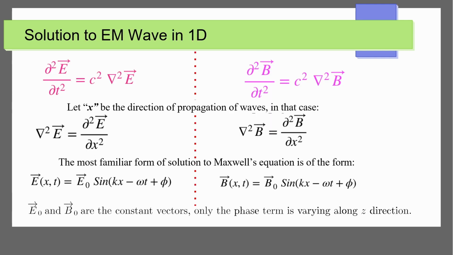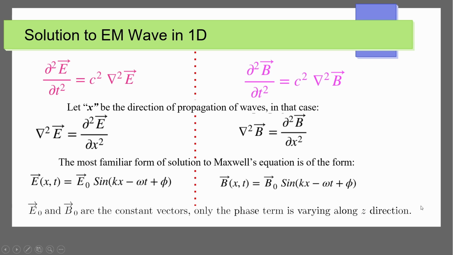Now let's have a look at the solution of the EM wave in one direction and understand its transverse nature. So in one dimension, the solution to the electromagnetic wave describes how electric and magnetic fields propagate along a single axis. So here we'll consider the direction of propagation to be the x-axis. As we know, the general solution for these equations is sinusoidal in nature, and both E naught and B naught, the amplitudes of the electric field and magnetic field, are constant vectors, but their phase term only varies